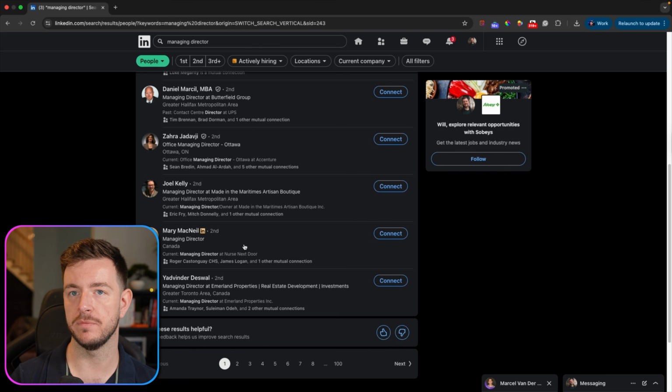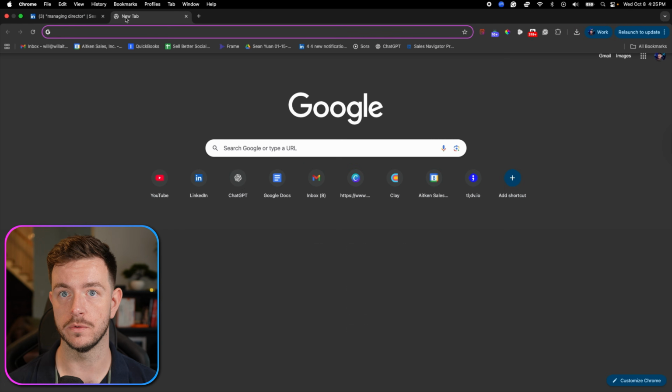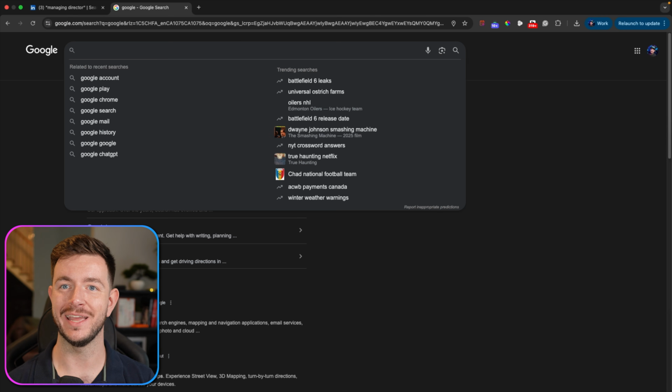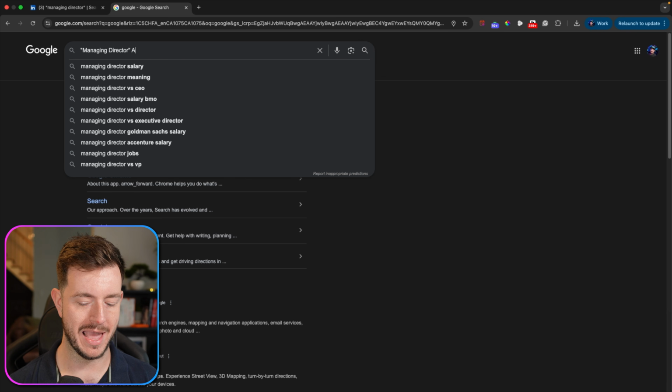Eventually, if you're not a paid member of LinkedIn, it will say you've hit the limit on your total search results you can see this month or week, wherever it is, which means you can no longer search for people. That's kind of frustrating, right? But here's something that you can do to get around this without having to pay the $100 or whatever it costs to upgrade to LinkedIn Premium. Go to Google. In Google, you can do a search query by title, by whatever, something like managing director and